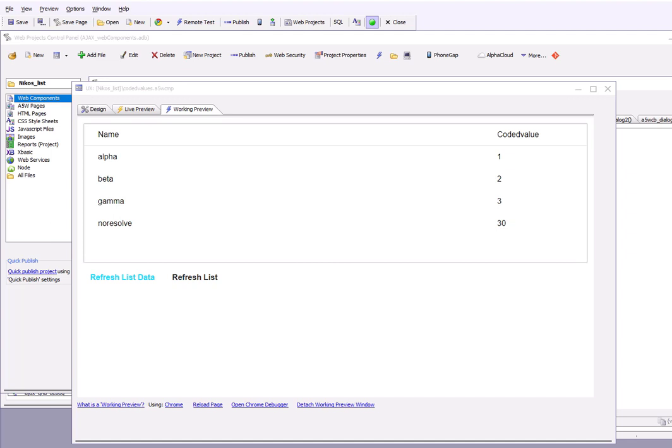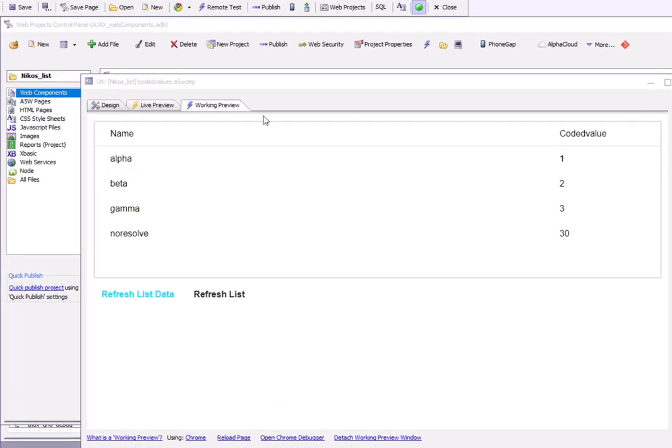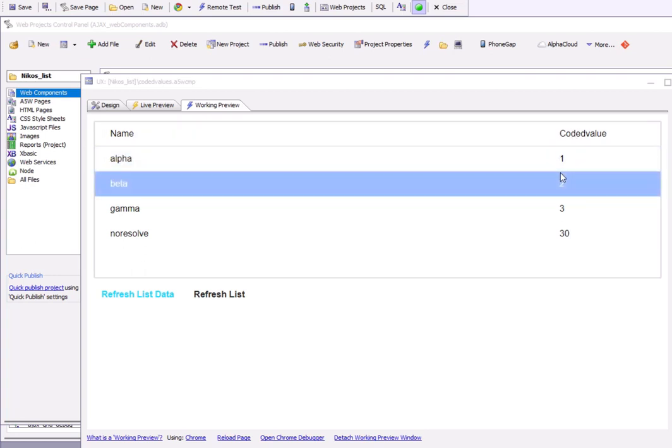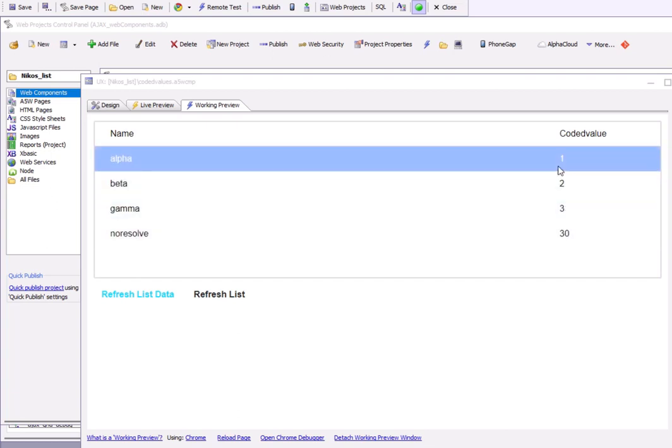In this video, we'll show how you can display decoded values in a list. So you can see here we have a simple list that has a field called coded value. And instead of displaying the code here, we'd like to display the decoded value by looking up this code in